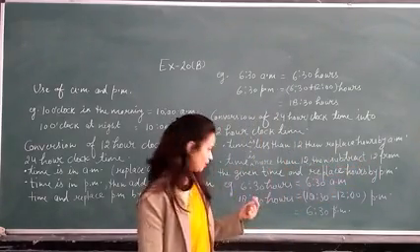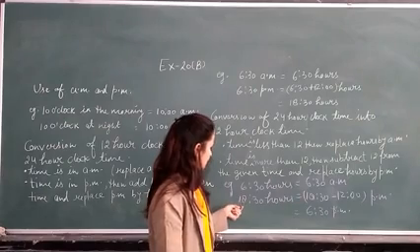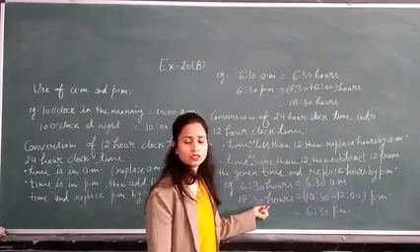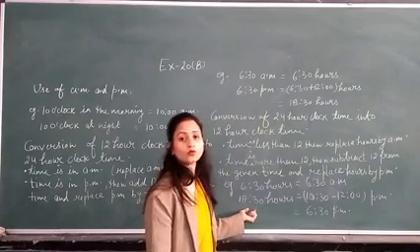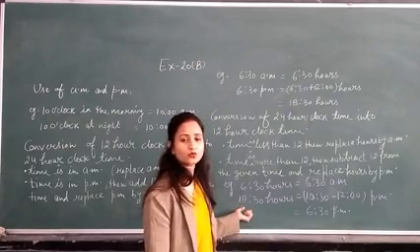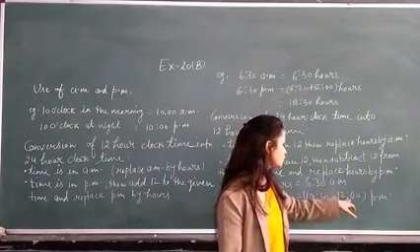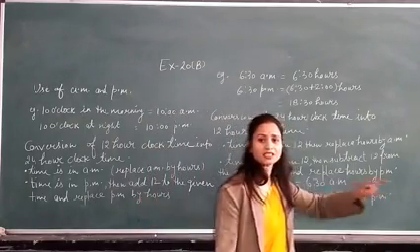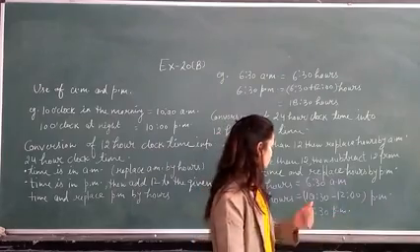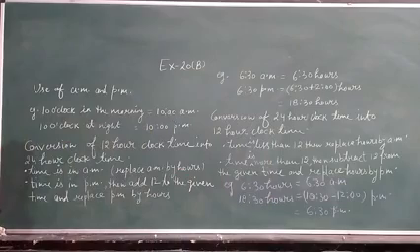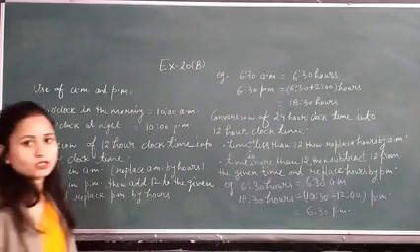Okay. Next, if the time is more than 12, then subtract 12 from the given time and replace hours by PM. For example, here 18:30 hours. So it is more than 12. So we will subtract 12 from the given time. 18:30 minus 12, and replace hours by PM. That is equal to 6:30 PM. Understood?